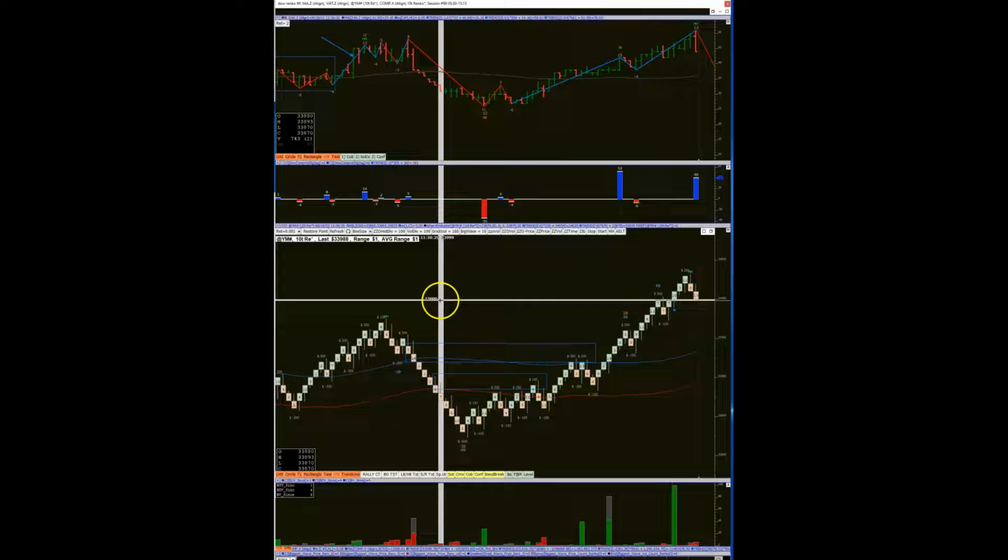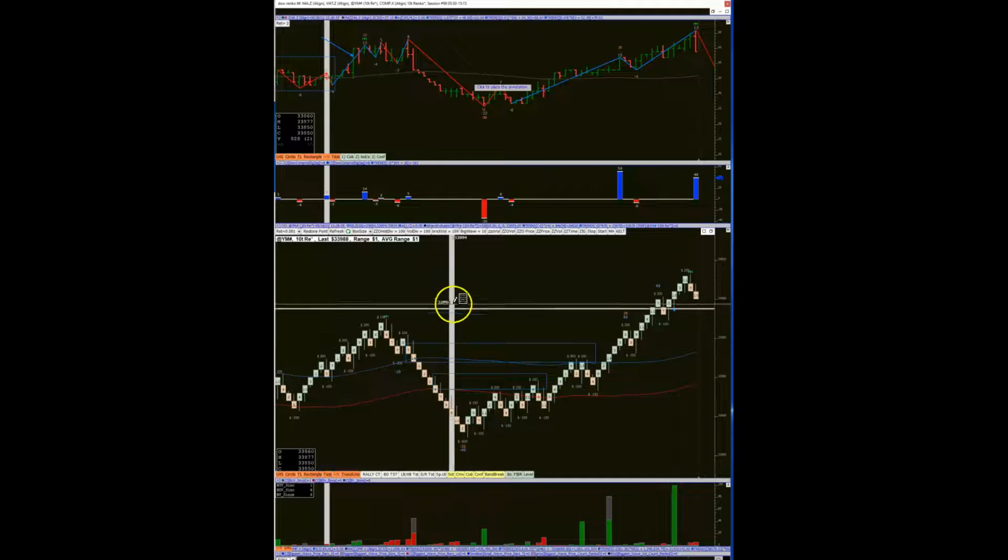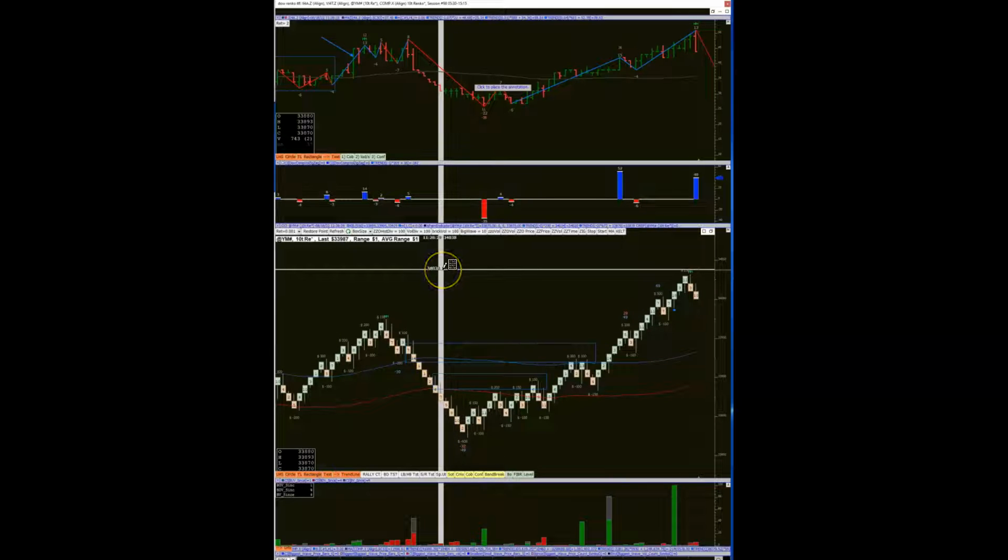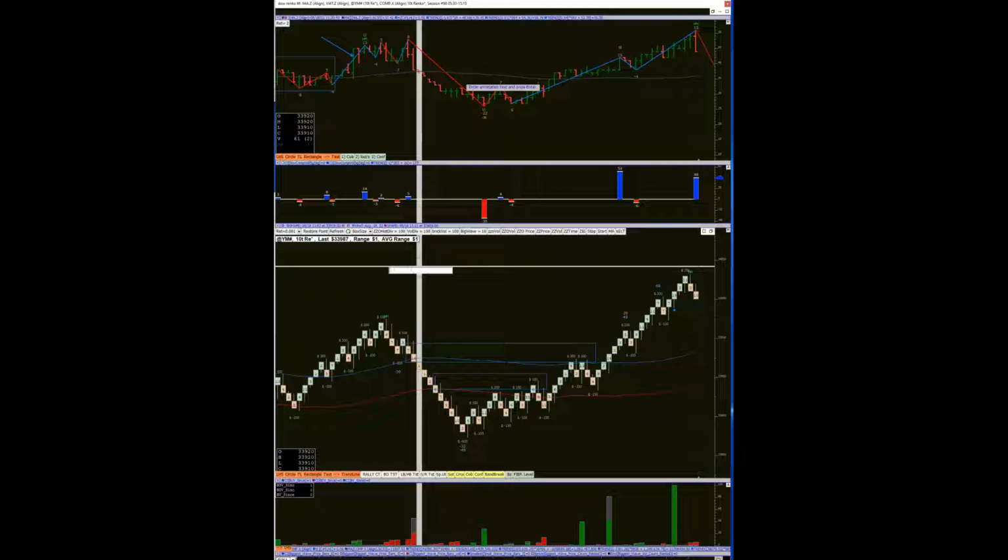So this really leads to one important fact. And if you understand this, the psychological aspect of trading will be much less dramatic, much less painful. And that is,